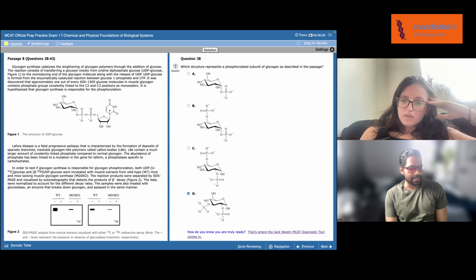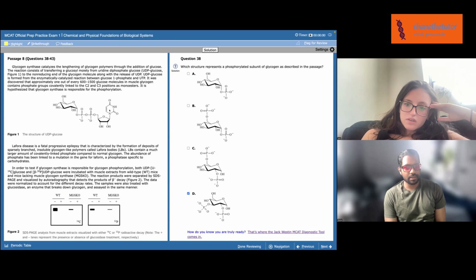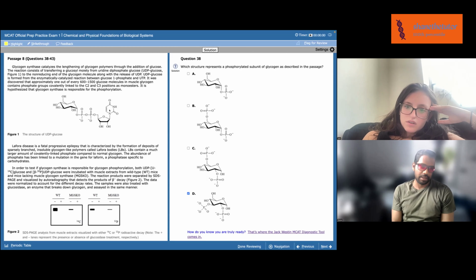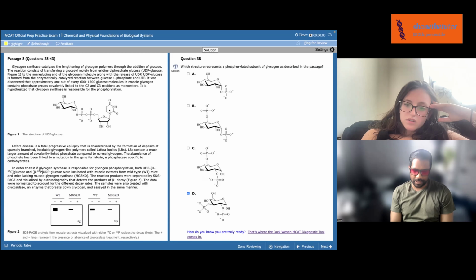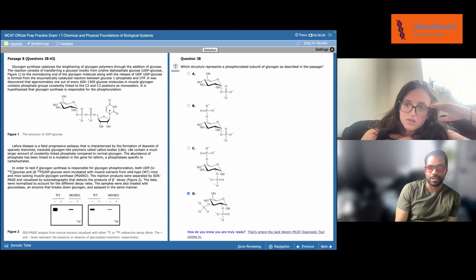When this happens, it's a little bit similar to how kinases take that gamma phosphate, but here it'll be forming a bond with the beta phosphate. And then this is the glycogen synthase, which makes glycogen,